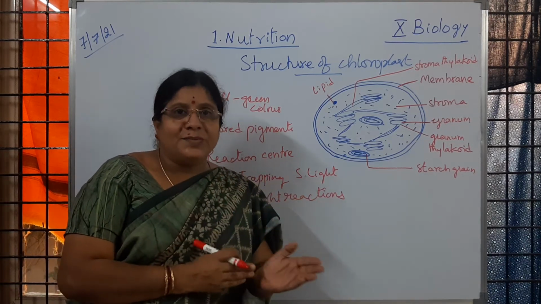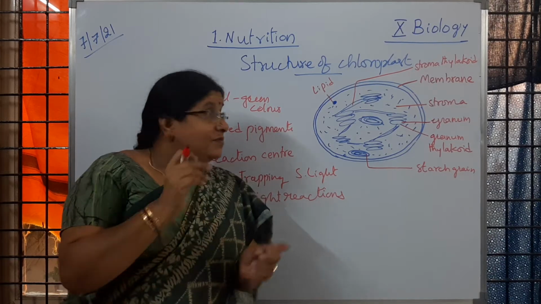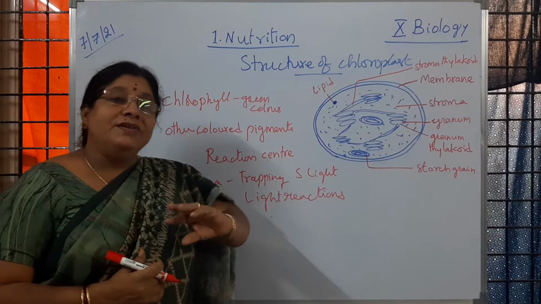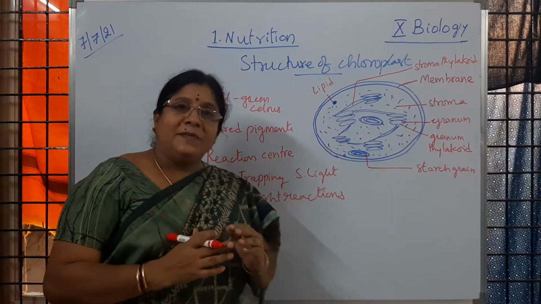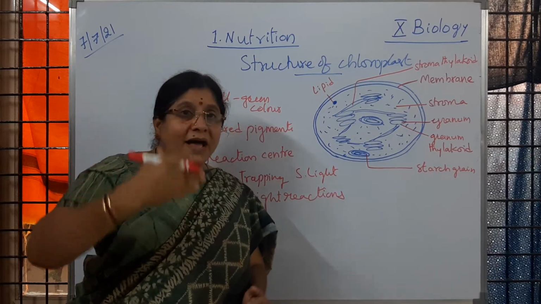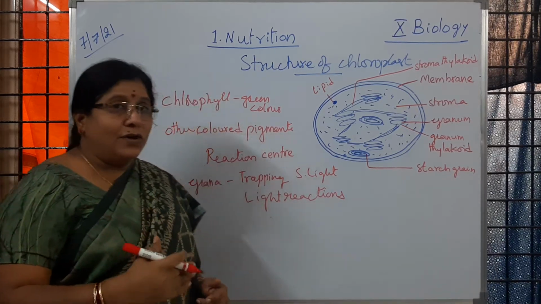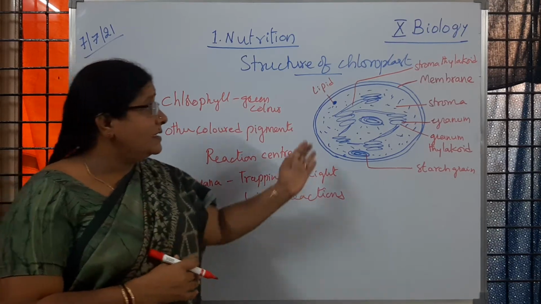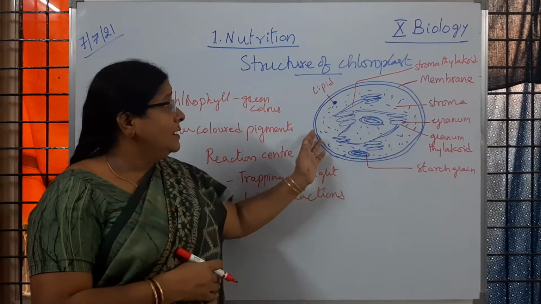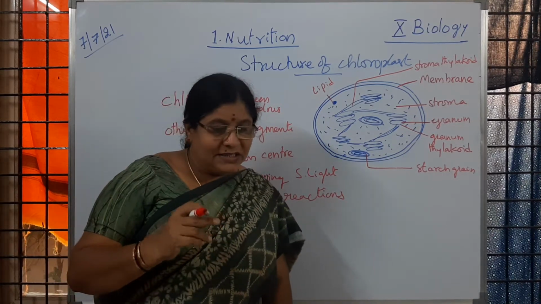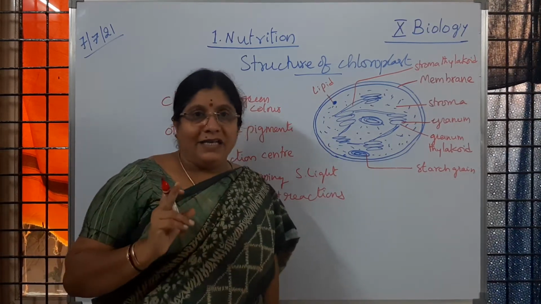What is the mechanism of photosynthesis? Which part of the chloroplast is helping in trapping solar energy, and which part of the chloroplast is helping in converting carbon dioxide to starch? All that in a stepwise manner you are going to learn under the mechanism of photosynthesis. So that entire process, the structure of chloroplast and how the process of photosynthesis was studied, by who is that scientist? Daniel Arnon. Is it clear to children?